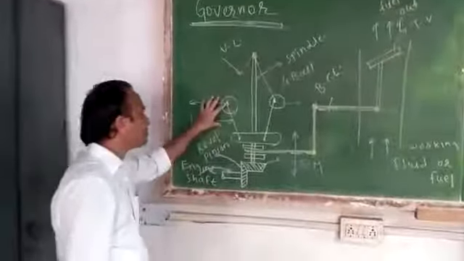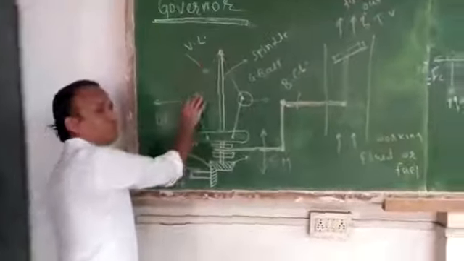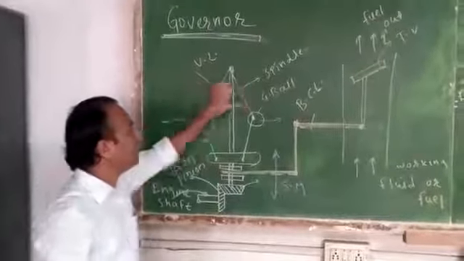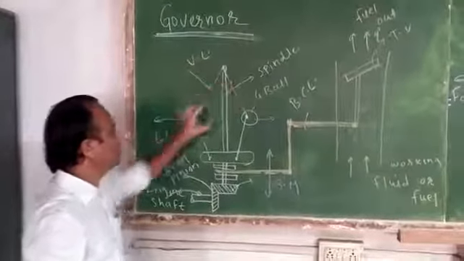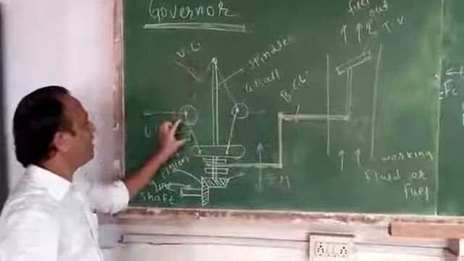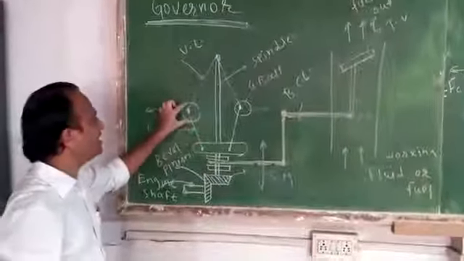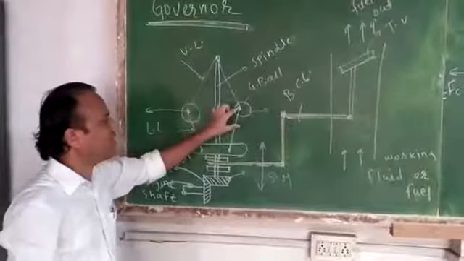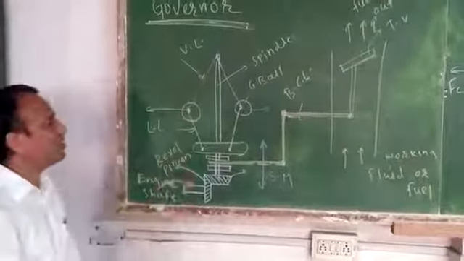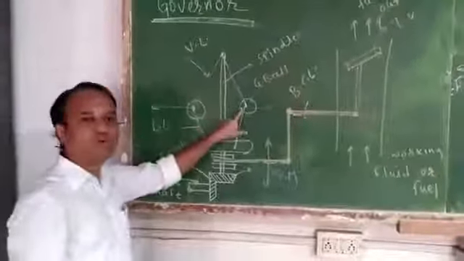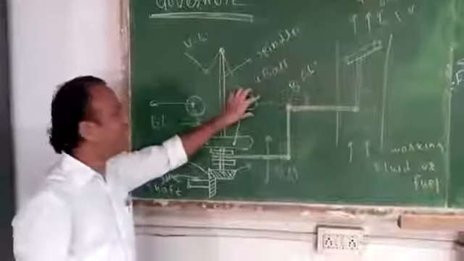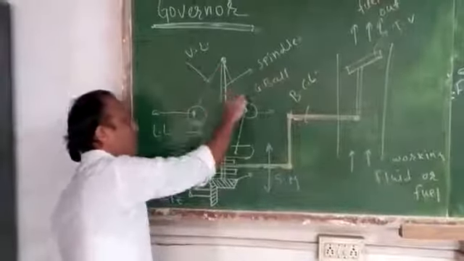See the diagram. So, the generalized working diagram of governor. It has two upper links and two lower links. These upper links and lower links intersect each other at a point, and at that point the governor balls are attached. The second most important component of governor is the governor ball. So the governor ball is attached at the intersection point of upper link and lower link.